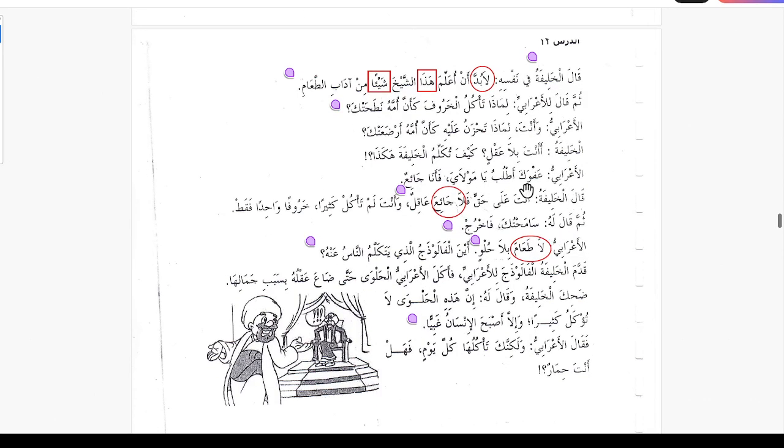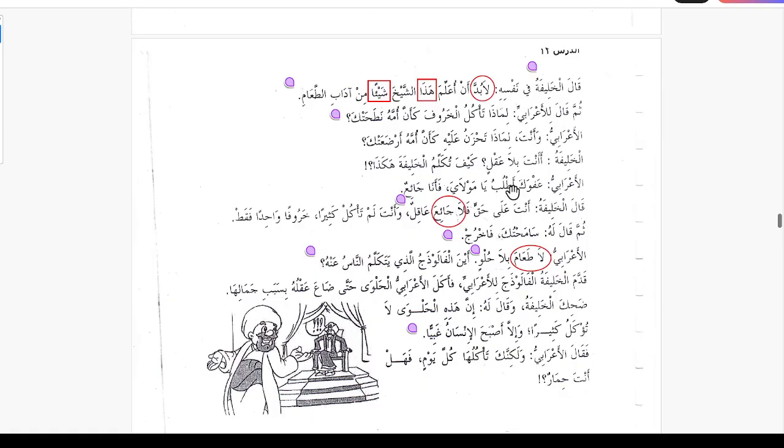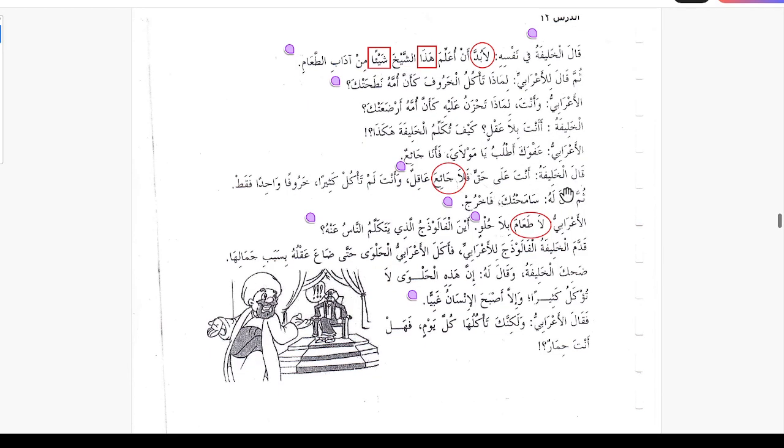Al Arabiyu, the Bedouin, afwaka atlubu ya maulaya, I ask for your forgiveness or pardon me, O my Lord, for anna jayun, because I am hungry. So he said, I am hungry, so I'm sorry. So he said sorry about what he said. Qala al Khalifatu, the Caliph said, Anta ala haqqin, you are upon truth, I mean, it's not your fault. Fala jaya akilun, because no hungry person is sin, means when you are hungry,